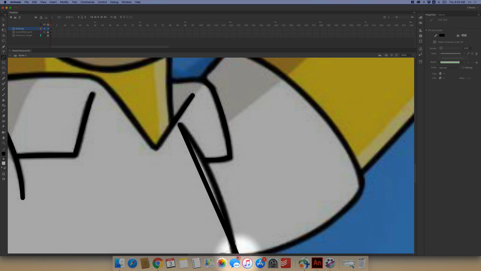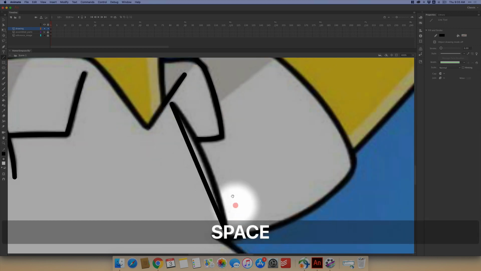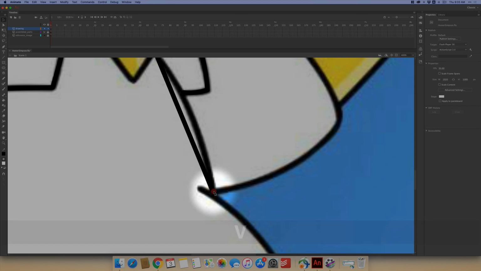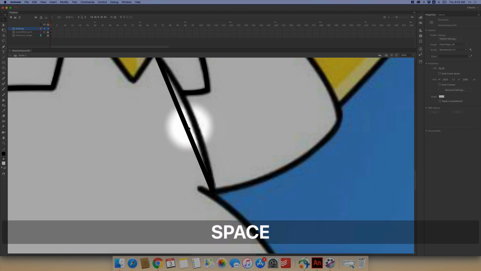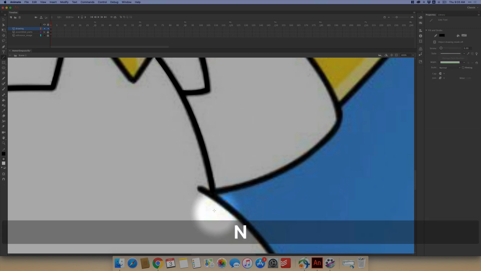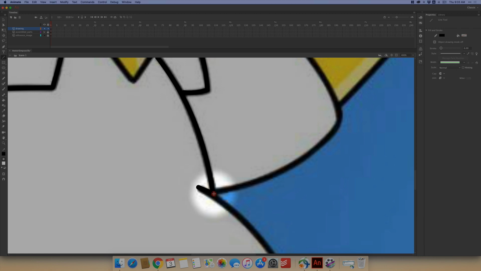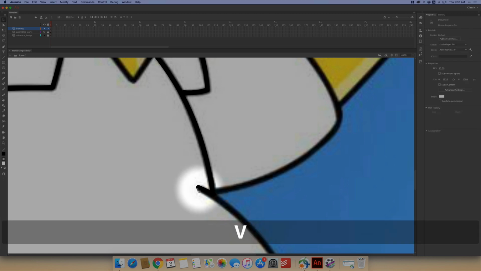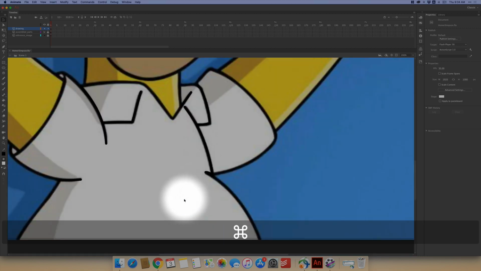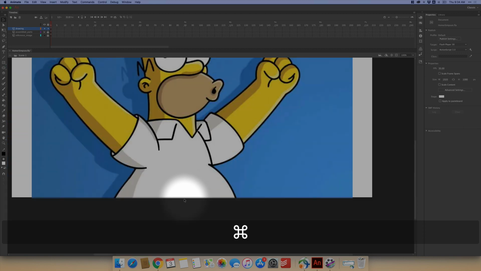Okay, again, N, here's where it starts. Oh, it's kind of off my screen here. I'm going to press that space bar, hold it down. Okay, I can press V and adjust as needed. There it goes all the way down, and then I can add that curvature to it. Okay, again, one little small section right here, so I'm going to just click a little small section of line right there as needed, and it does have a slight bend to it. Okay, and then I can zoom back out, and I believe we just hit all the interior lines of Homer's